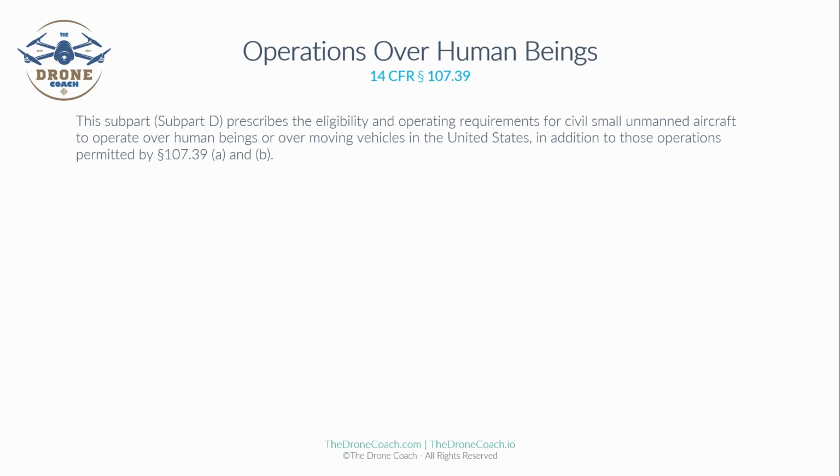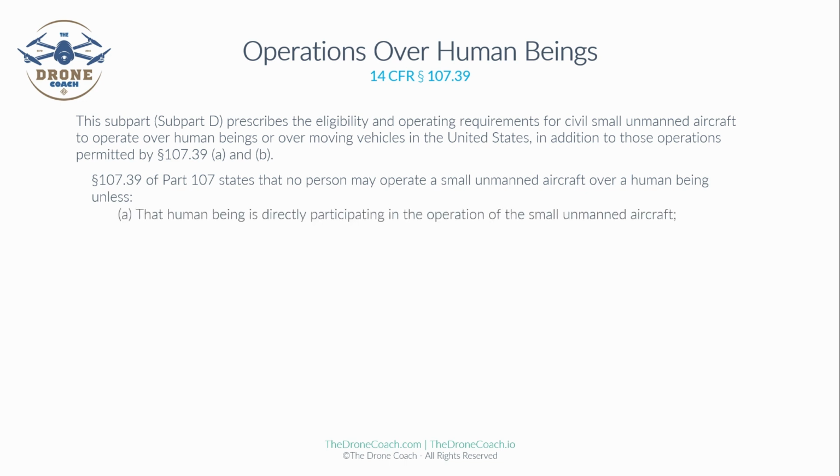Now, Subpart D prescribes the eligibility and operating requirements for civil small unmanned aircraft to operate over human beings or over moving vehicles in the United States, in addition to those operations permitted by 107.39 A and B. Now, 107.39 of Part 107 states that no person may operate a small unmanned aircraft over a